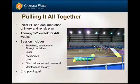And then just kind of to sum it up, basically, how do we pull it all together? So we have all these different modalities of treatment where we're doing a combination of manual therapy, modalities, with the neuromuscular stim, our laser, our hydrotherapy tank, and then looking at therapeutic exercises, and we're trying to build a whole package here. So, initially we're going to see these pets, we're going to have a physical examination by a veterinarian,